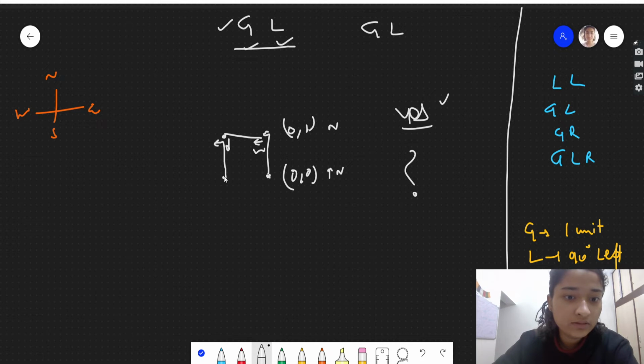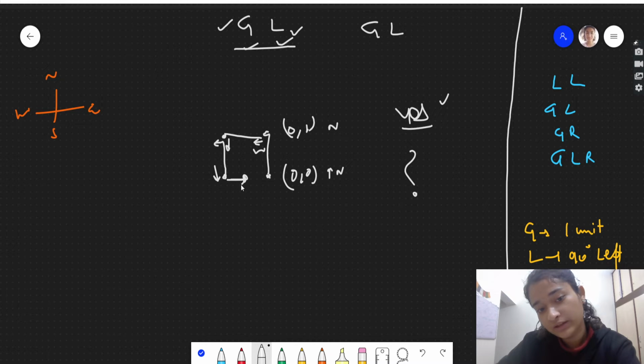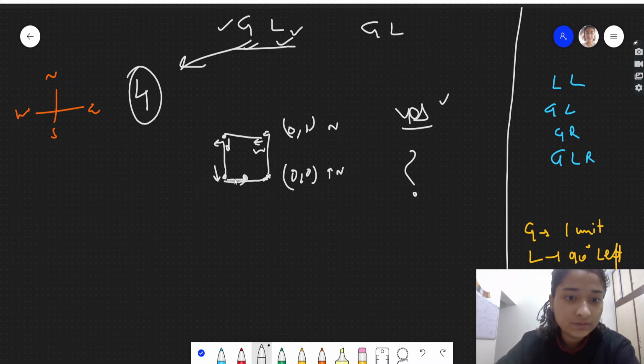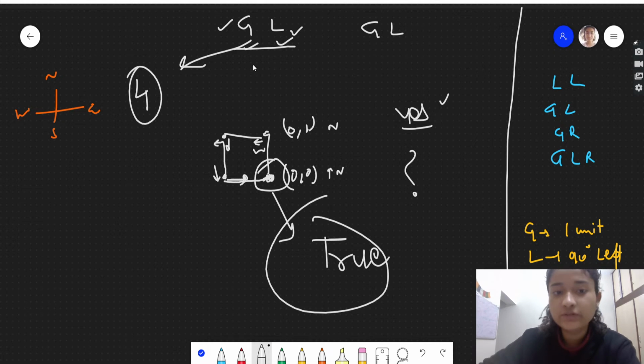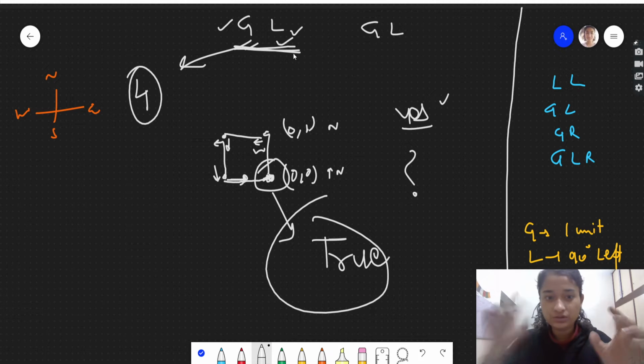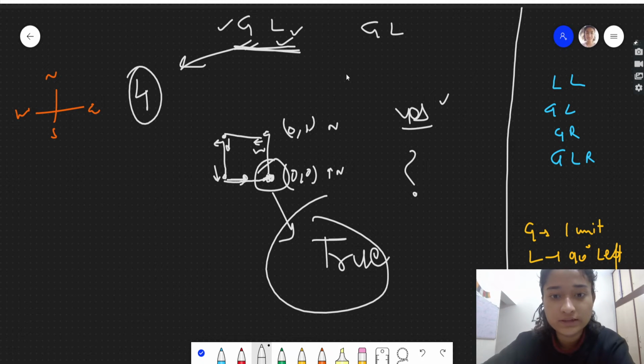Now again this instruction will execute, G. So it will again move ahead one step, and left. If you see, if the person is facing south, the left of that person will be this direction. So again it will move one step ahead. In this way you will see that this instruction will execute 4 times and the robot will again come back to origin. So it's coming back to origin again. Hence it's moving in a circle, return true. This was very important. If you didn't understand it, just make it by yourself, you will understand.